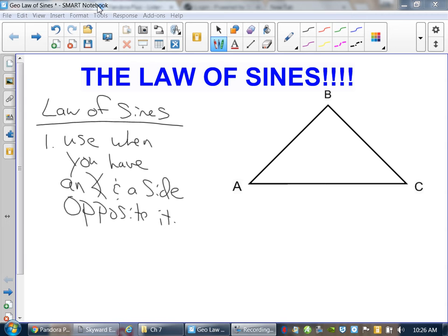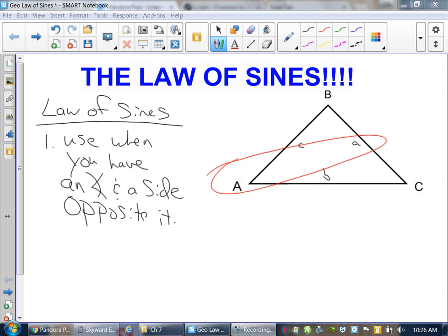So, like we've done in the past, we label vertices with capital letters, and then the side opposite them are always what? Lowercase. So opposite A is little a, little b, and little c. So what will happen is we're going to use this law of sines when you can do this. If you have an angle and a side opposite. If you can circle the 2 straight across from one another like that, you're going to be able to use the law of